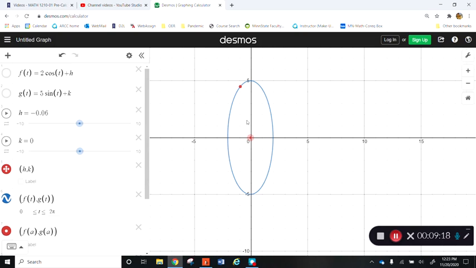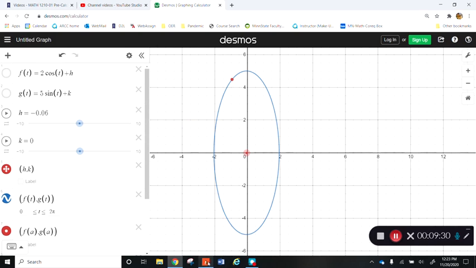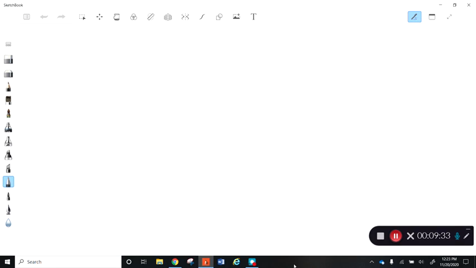Here, a is half the length of the major axis, and b is half the length of the minor axis. Okay, so there you go. If I now head over here, by the way, we can write down what we've learned. We can write down parametric equations